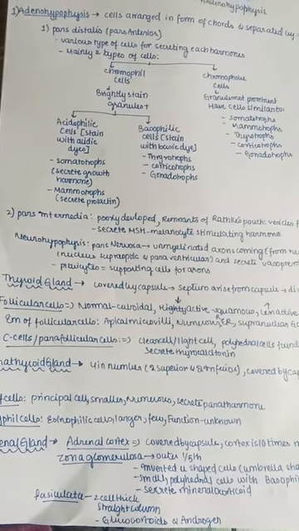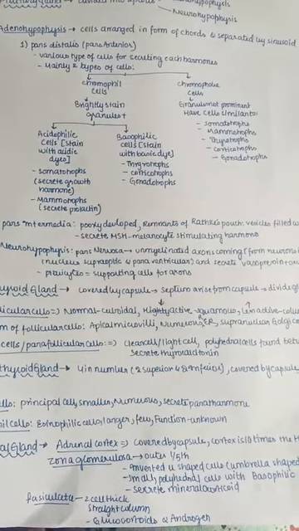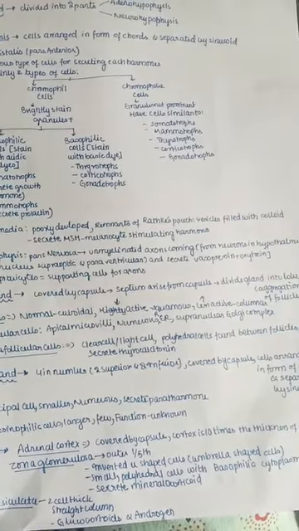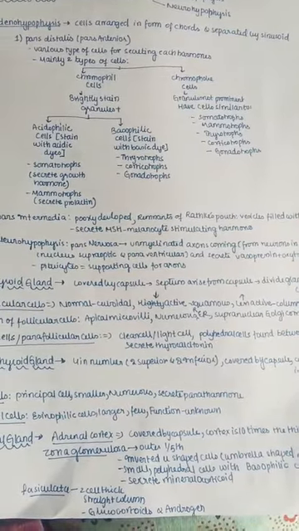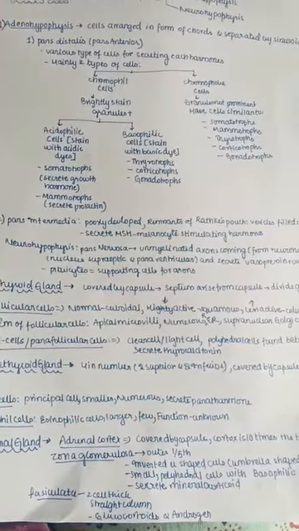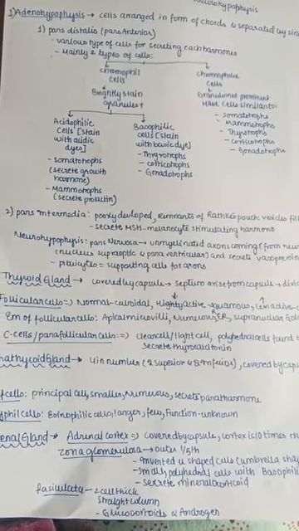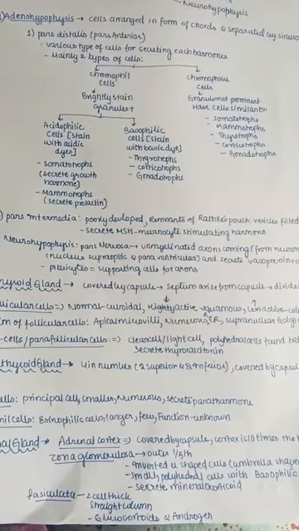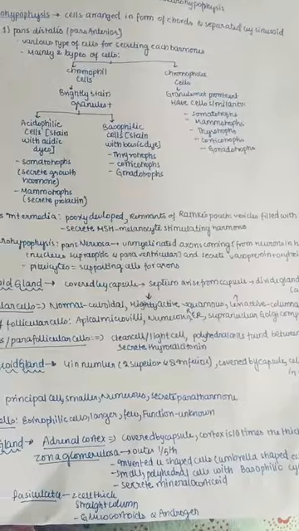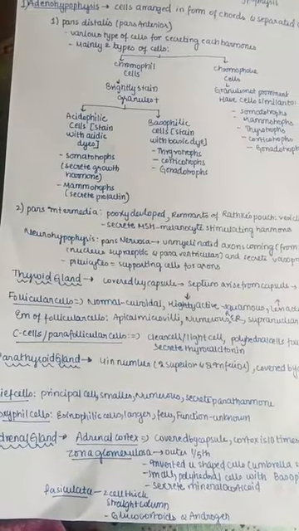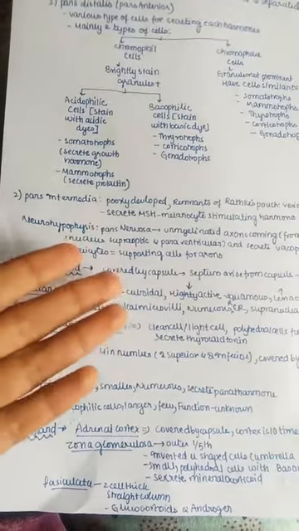This is posterior pituitary. It is mainly unmyelinated, containing unmyelinated axons coming from neurons in the hypothalamus, because hypothalamus neurons are continuous with the posterior pituitary, right? So they are unmyelinated axons, and the nuclei mainly are supraoptic and paraventricular. We know that the supraoptic nucleus produces vasopressin or ADH, and the paraventricular forms the oxytocin. So these two hormones are the main hormones of the neurohypophysis, and they also contain some supporting cells for axons. Those are nothing but pituicytes.